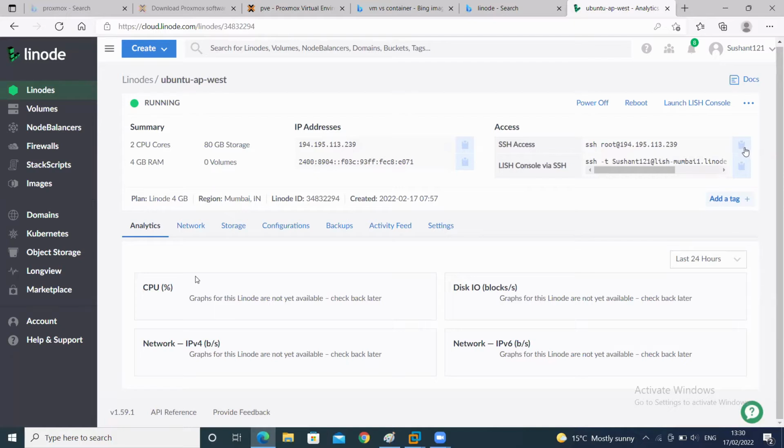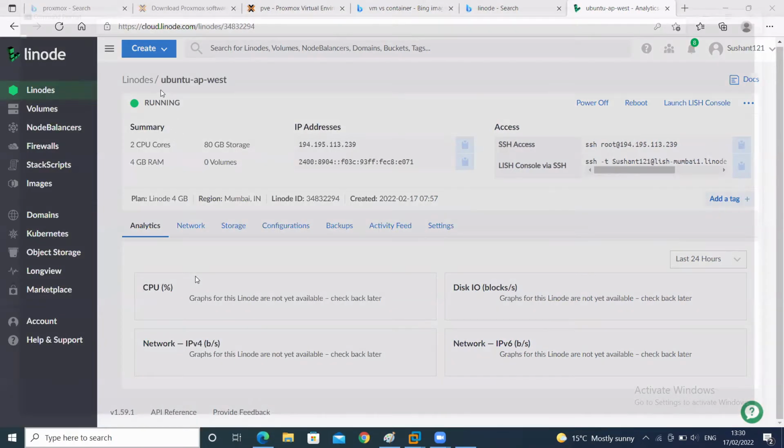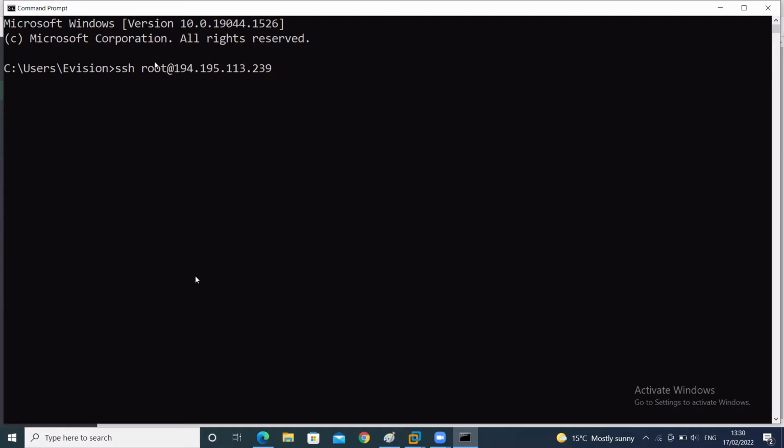So I will copy this SSH access key. This is secure shell access. You will be able to access the command line interface of Ubuntu remotely with this, the command prompt. SSH is a secure shell. If you have any PC and you want a CLI interface of it, whether it is in a LAN or WAN, it does not depend on that, if you have a public IP address.